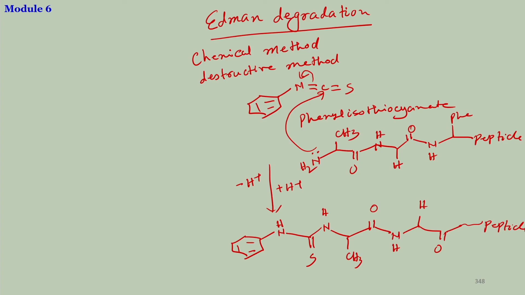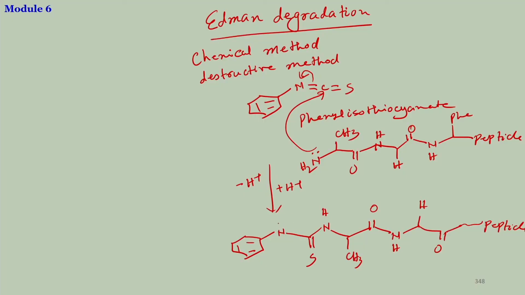Now, once this compound is formed, there is another internal reaction that occurs. Here is your NH. This lone pair or this bond breaks down, it will form a double bond that makes this sulfur electronegative, and this reacts with this carbonyl carbon. It reacts here and it ultimately breaks this bond. So, this cyclization would break the first peptide bond that is present here. This bond would be chopped off,